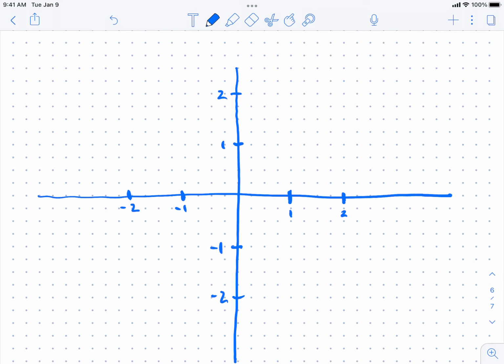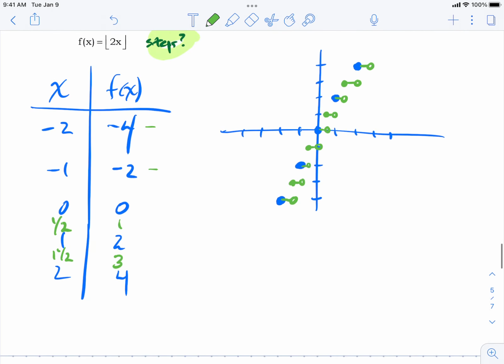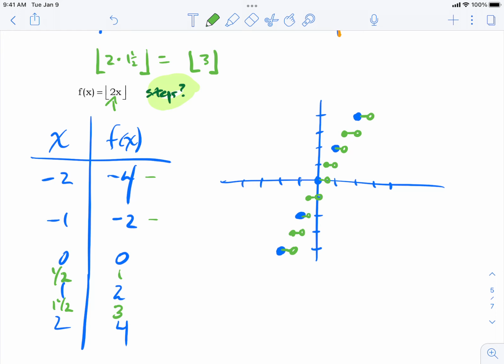Okay, so the pattern goes like this. From here, you go out halfway. Then you jump to the next step and go halfway. Then you jump to the next step and go halfway. Come down. Well, I'm going to write all over my -1 here. That's an open circle. Come on down, like this. Steps are half as wide. That was the net effect of putting that 2 inside of our